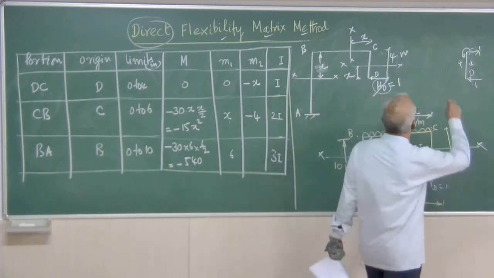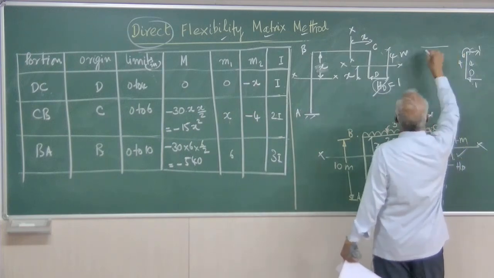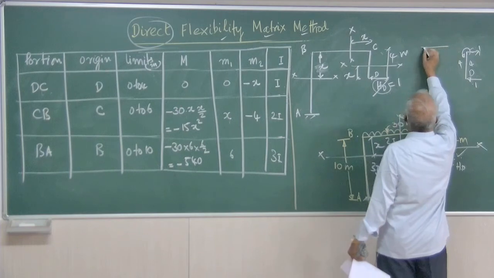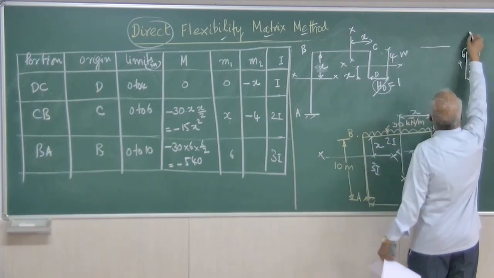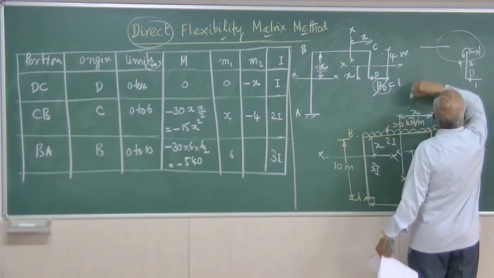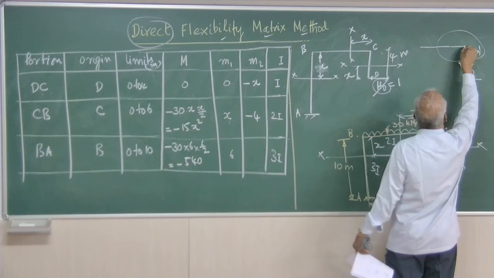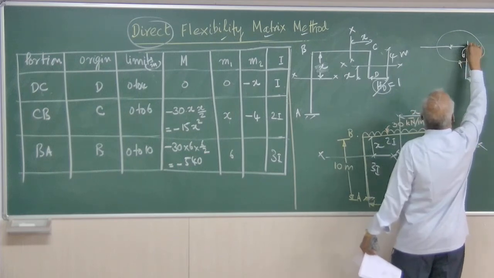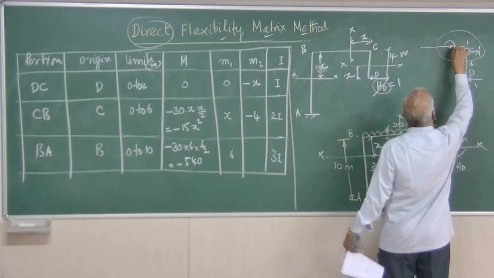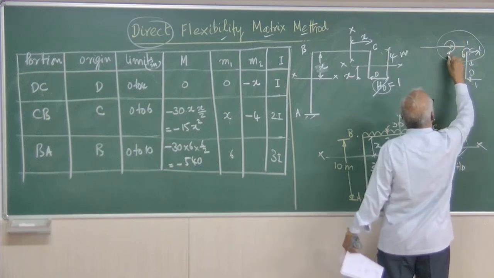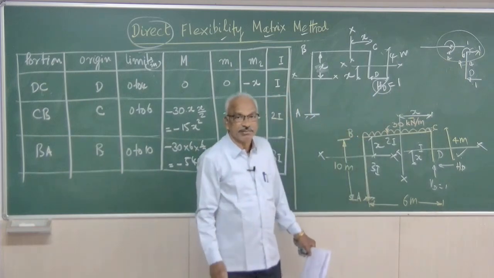Coming to the next member. Next member is the horizontal member. For want of space, I am just drawing a small length. Now, here, for this joint to be under equilibrium, when this is 1 towards right, this will be 1 towards left. When this is anti-clockwise 4, here it will be clockwise 4 kilonewton. Now joint will be under equilibrium.